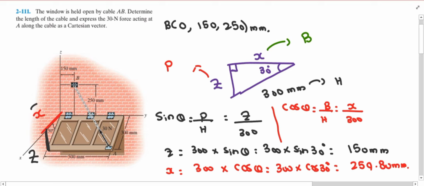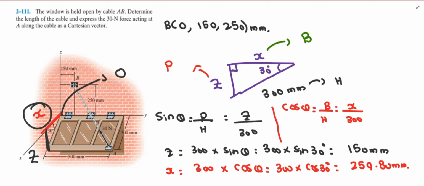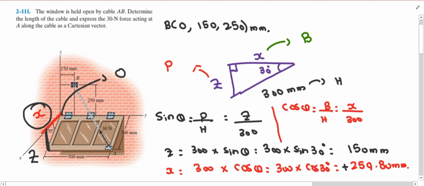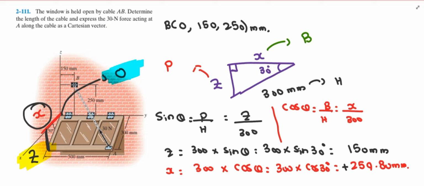So this x-axis distance is indicating out of the screen, and this is basically our origin point. This x-axis distance is present behind the origin point, so that's why it is the positive x, and the value of x is equal to positive 259.80 millimeter. As well as, if you see this z-axis distance right here, and this is basically our origin, remember that this is our origin. If you can't figure out whether it is out of the screen or into the screen, you can find out with the help of the origin.